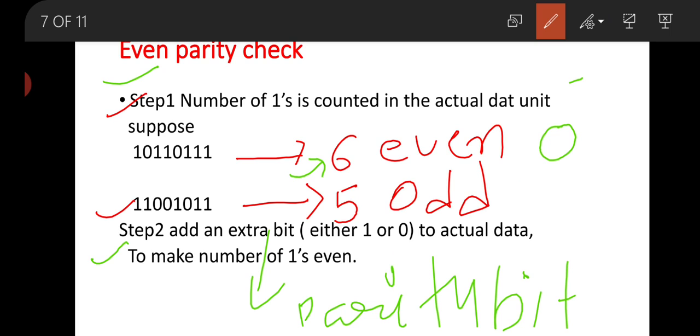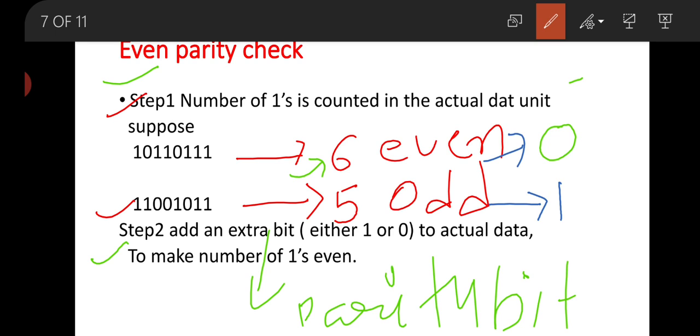Now in the second case, the second data has 5 ones. That means the number of 1s is odd. Now to make this number of 1s even, we have to add parity bit 1. This is for the first case, this is for the second case. Anyhow, while adding 0 or 1, we will see that the number of 1s becomes even. It cannot be odd in even parity check.